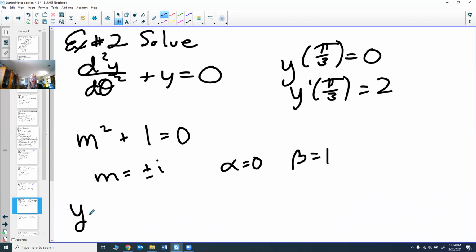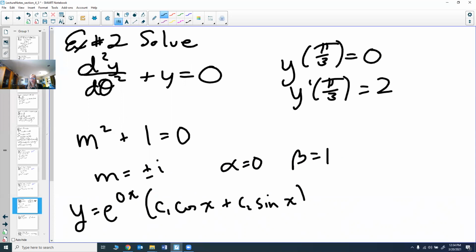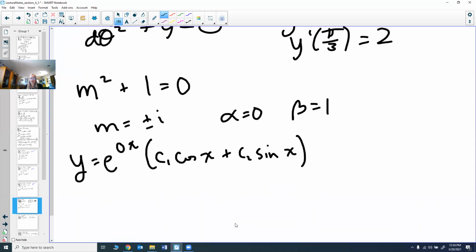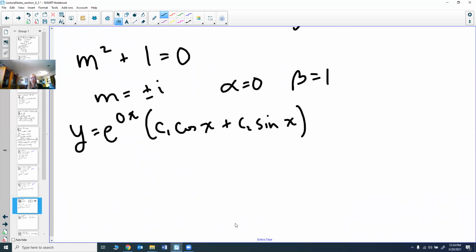So I've got, again, y equals e to the alpha times x. So e to the 0x times c1 cosine of beta x, so 1x, plus c2 sine of beta x, so 1x. E to the 0x is, of course, just 1. So we actually have that y is equal to c1 cosine of x plus c2 sine x. And now we can go ahead and find our constants by plugging in